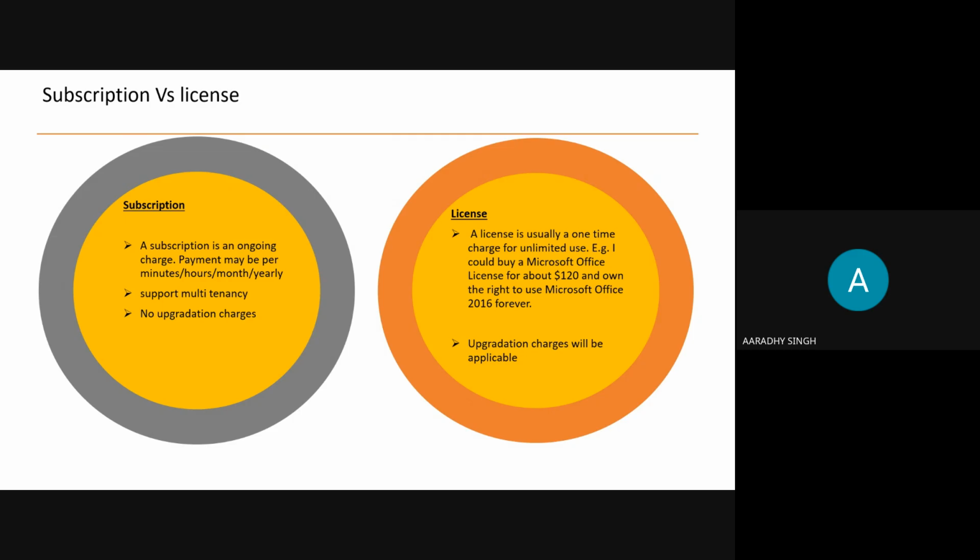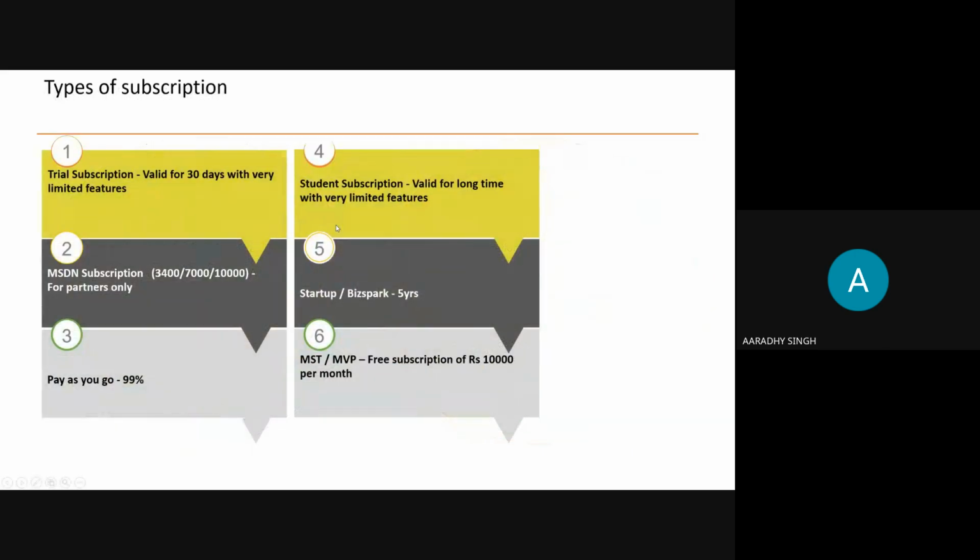Okay. So next, in Azure Cloud Computing, there are many types of subscriptions available. One subscription is called the free subscription. If you're using the free or trial subscription, it is valid for 30 days with multiple limitations. For example, if you're planning to create 20 machines, 10 machines, or 5 machines, you will not be allowed. At a time, you can create a maximum.